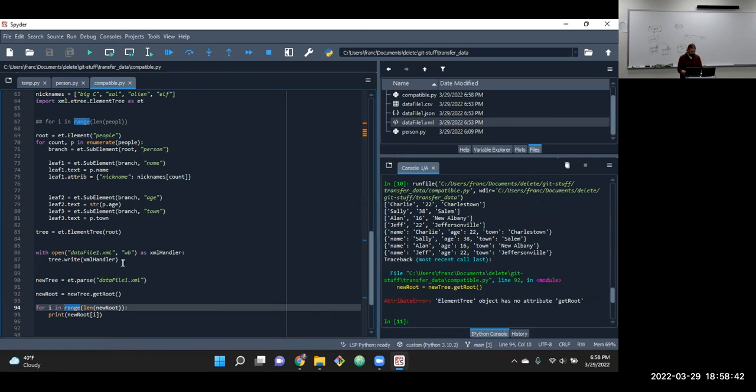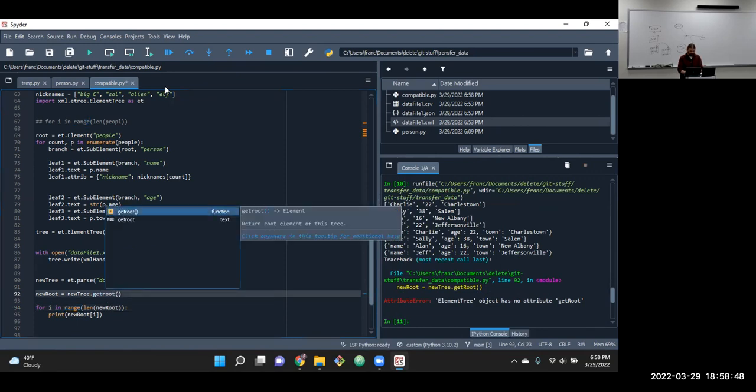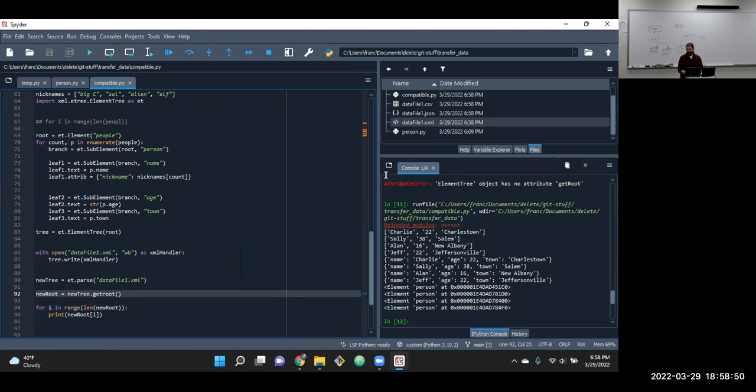Did I spell that wrong? Okay, so it's Python, so I'll try a lowercase r before I go look it up. But again, getthrough is one word, all lowercase. And you'll see when we print it out from